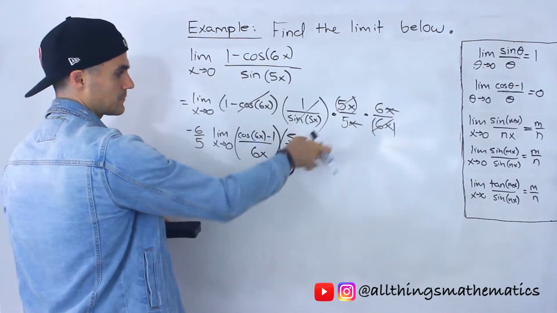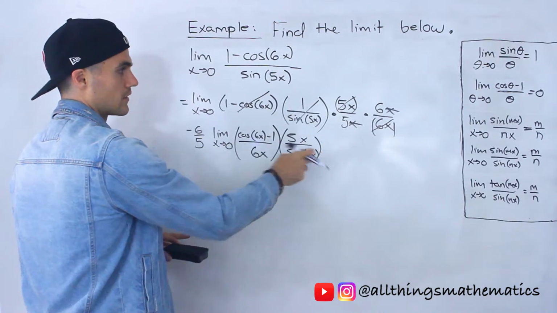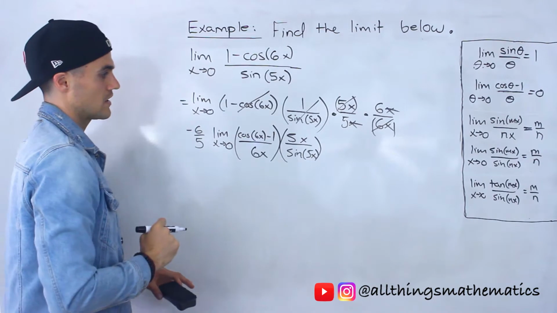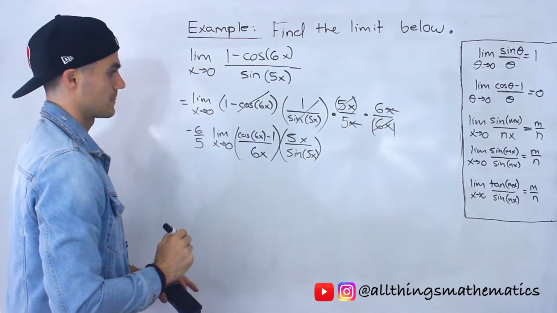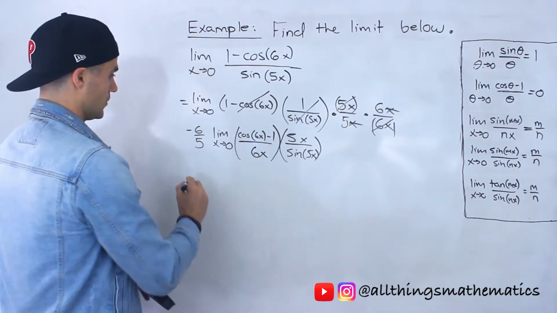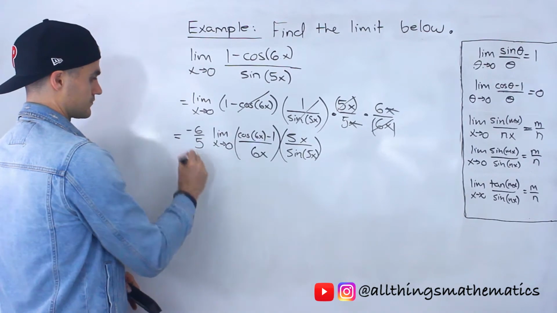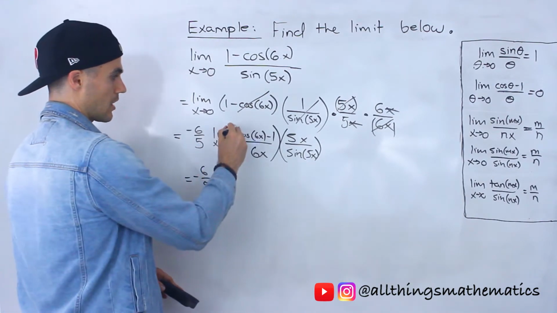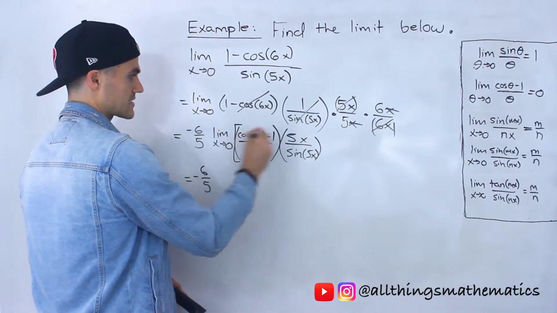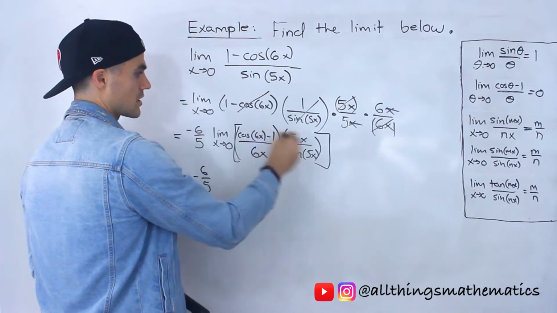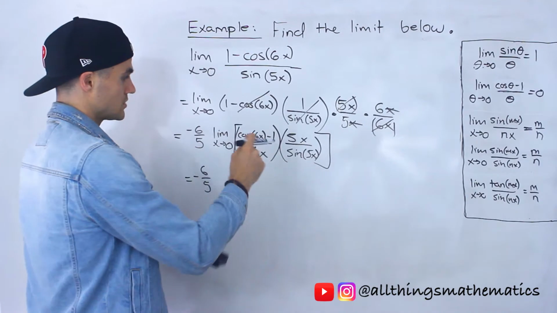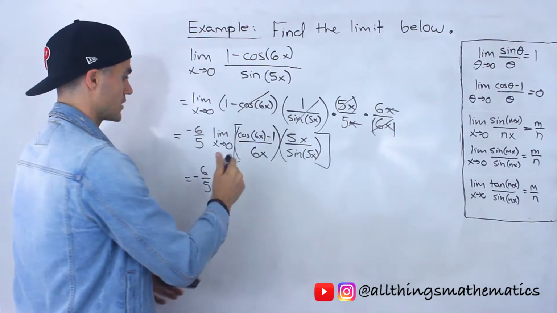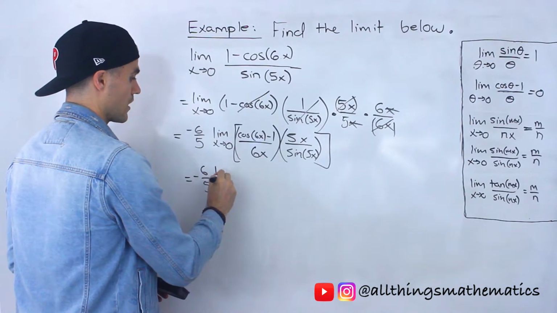Right? So I skipped a couple of steps from here to here, but hopefully you get where this negative 6 over 5 is coming from my explanation. And now what I'm going to do is use the limit law, because notice we have the limit as x approaches 0 of two expressions that are multiplying by each other. So using limit laws, we can create two separate limits that are multiplying by each other, with each of those